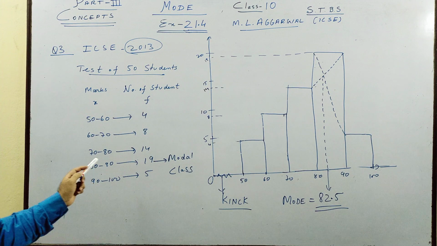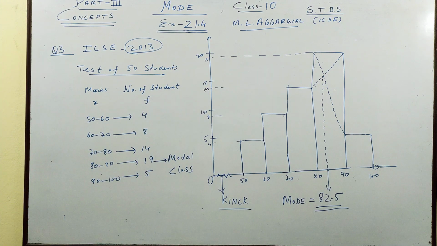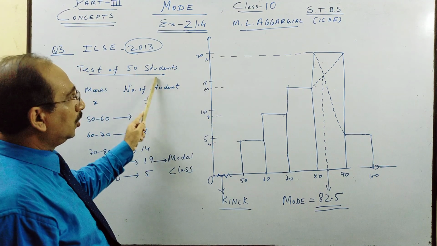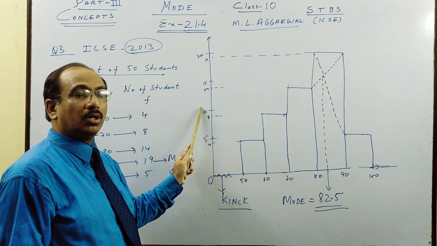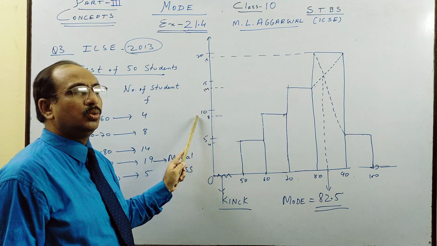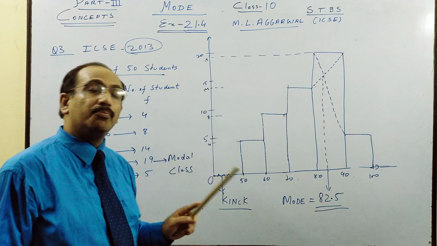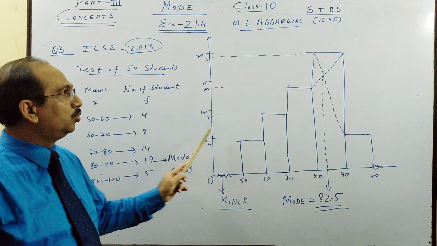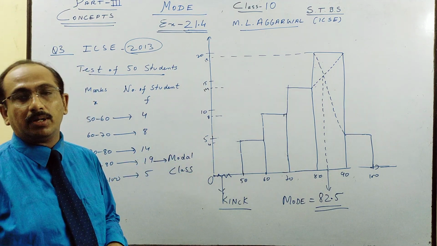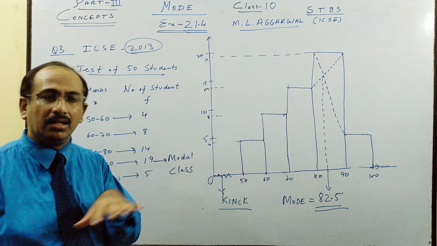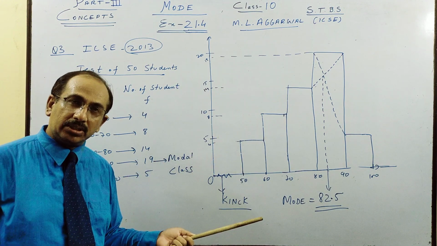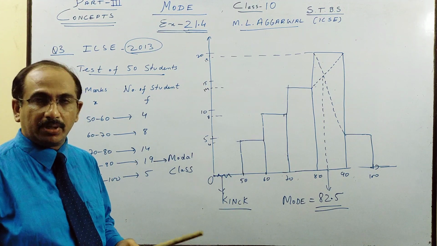So please copy this by pausing the video. Pause. So boys, I hope you have copied this, you have understood. So like this you do. I told you solved examples 1, 2, 3 are very good. Unsolved examples, do all the ICSE ones, they are very good. You need a graph paper, you cannot do this without a graph paper. Please have any old one from physics practical, anywhere, you get a graph paper and draw and do. And again for ogive we will need it, so please arrange graph paper if possible.